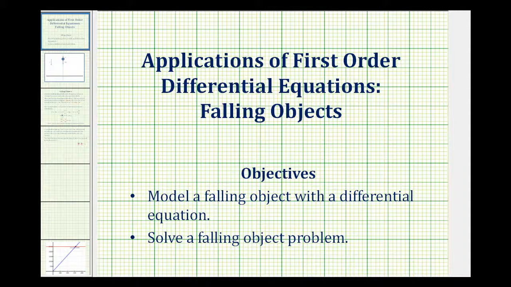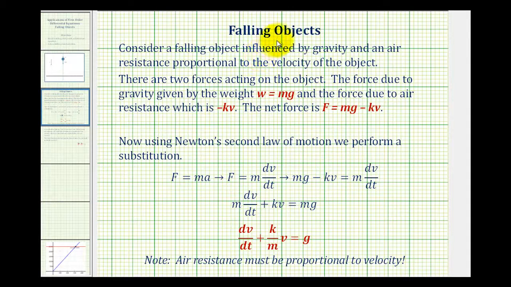Welcome to an example of an application of first-order differential equations involving a falling object. In this video, we'll model a falling object with a differential equation and then solve a falling object problem. So for this example, we'll consider a falling object influenced by gravity and air resistance that's proportional to the velocity